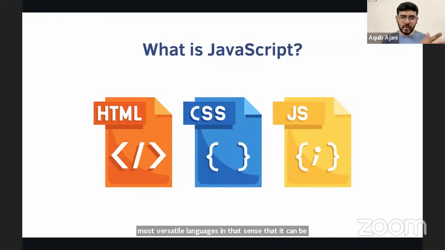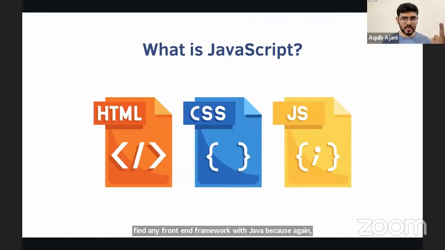It's one of the most versatile languages in that sense that it can be used in both places. We have front end frameworks like React, Angular, Vue in JavaScript, and we also have backend frameworks like Node, Express as well in JavaScript, which is not the case with any other language, right? So you will not find any front end framework with Python. You will not find any front end framework with Java